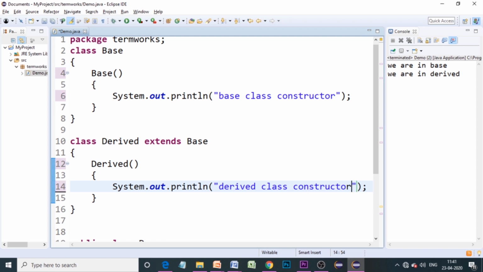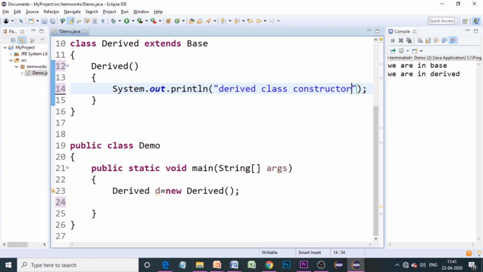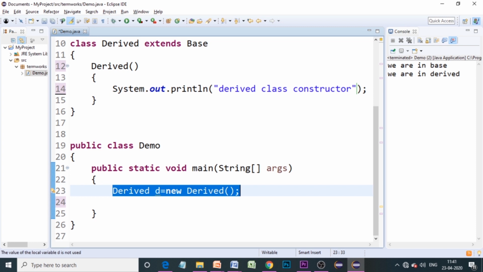So in both the parent class and the child class, we have constructors which are parameterless, and here in the main method we have only one statement, that is creation of the object of the derived class. As I mentioned earlier, whenever you create any instance or object of a class, if there is a constructor defined in your class, that gets called automatically and will be executed.